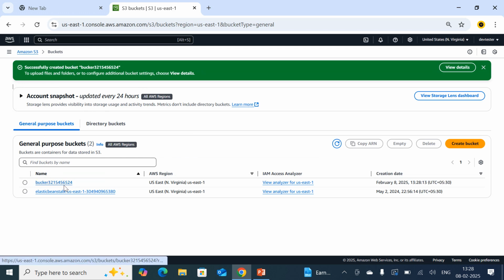So once the bucket has been created, are you able to see the bucket? The bucket name is bucket 321, some random number I had provided, in order to make it unique. If I use the same bucket name while creating another bucket, it is not going to accept. Means the bucket name should be unique. If I want to create a bucket with the same name, what do I need to do? First of all, I need to delete the bucket with that name. Once it has been successfully deleted, then only can I create the bucket with the same name. Hope you guys understood.